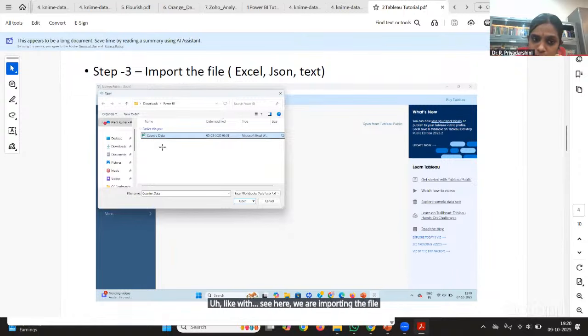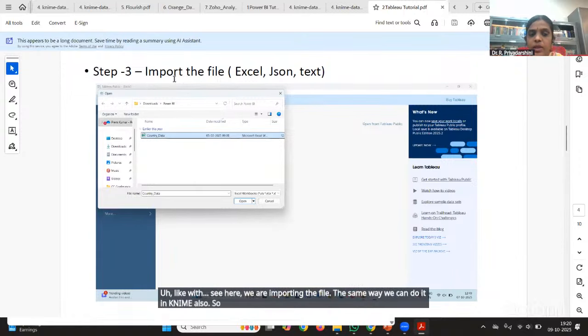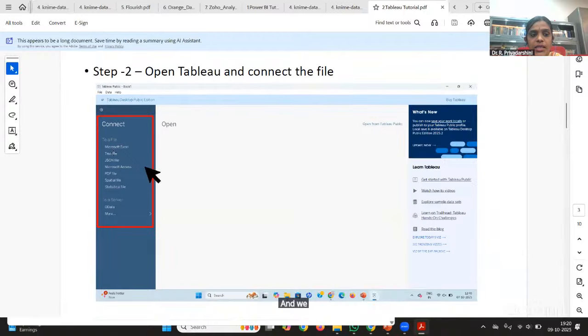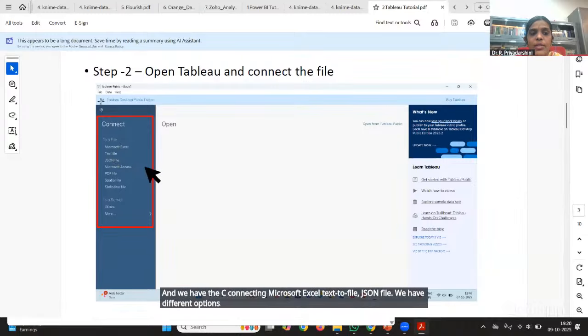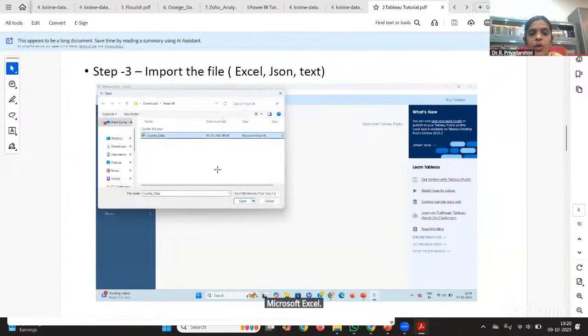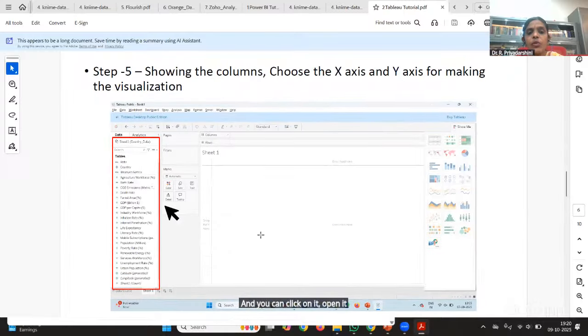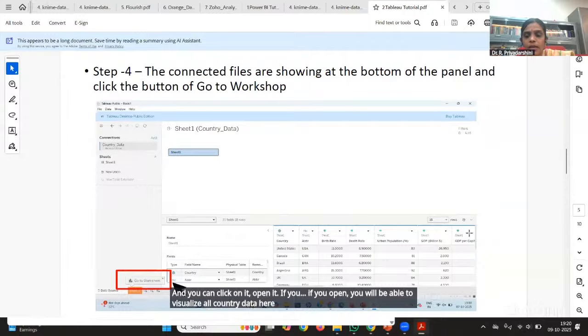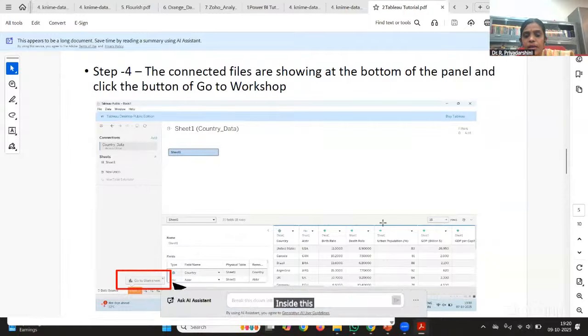The same way we can do it in KNIME also. You can import the file, just open it. And we have connectors for Microsoft Excel, text file, JSON file. We have different options. Once you install it, you can open Microsoft Excel and click on it, open it. If you open it, you will be able to visualize all the country data here, inside this, at the bottom of Tableau,